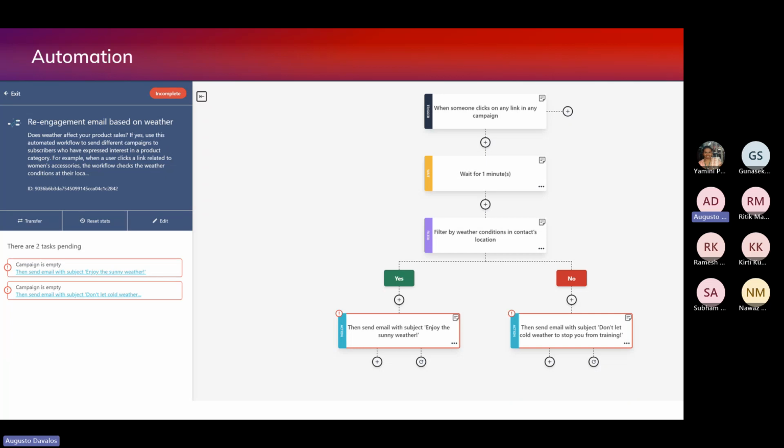This, for example, is if you select a recipe. This one caught my eye. I thought it was really interesting. It's a re-engagement email based on weather. This is the case where weather affects your product sales. So what you can do is, when somebody clicks on any link on any campaign that I've sent, we will wait 1 minute. Then we will go to